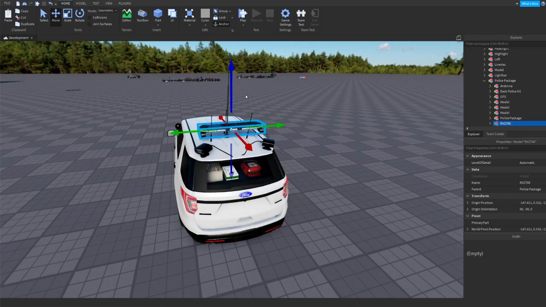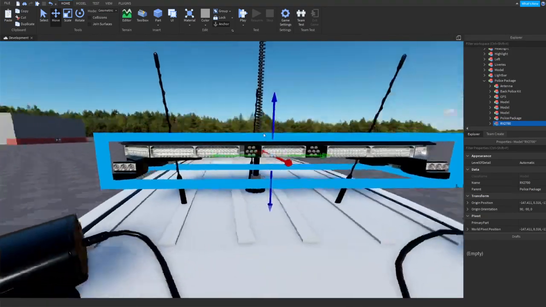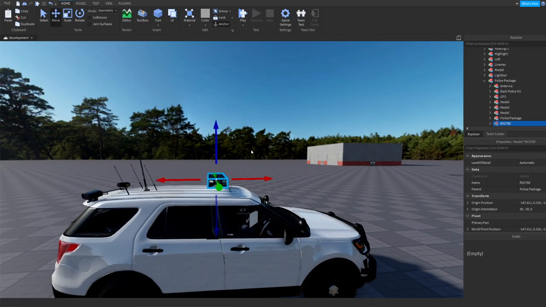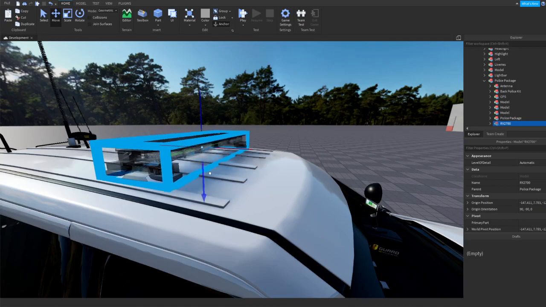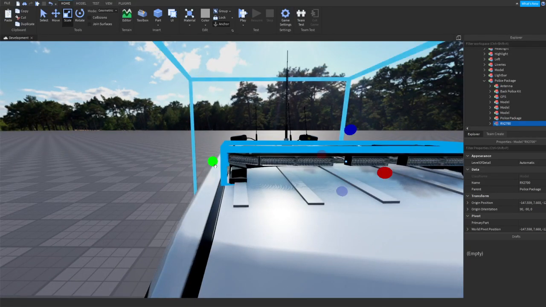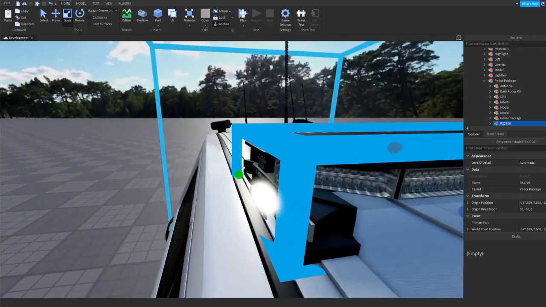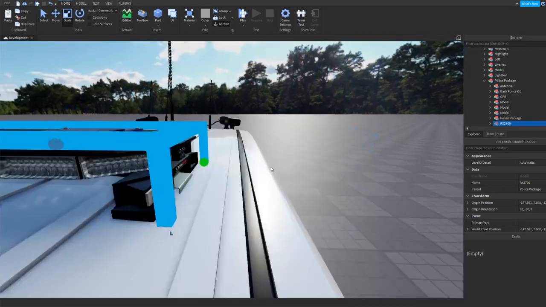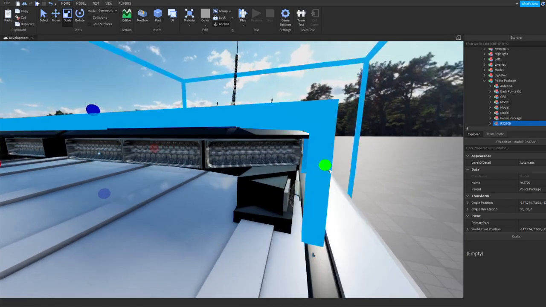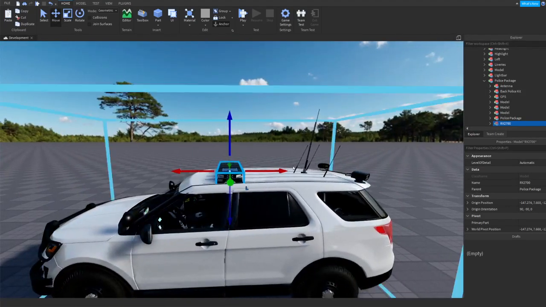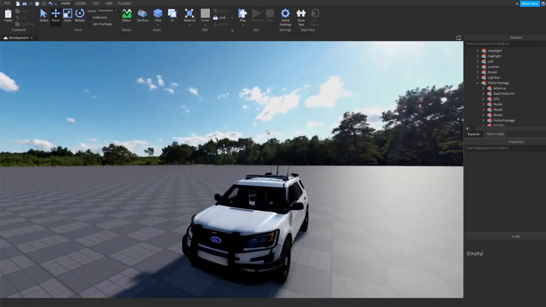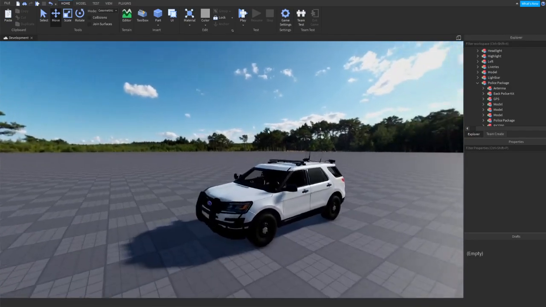So I'm gonna use this light bar. Once again, the pack will be in the description for these light bars. So I'm just gonna put it in the right place. There we go. Let's move it over a tiny bit. There we go. Alright, so now that you have your light bar set up,